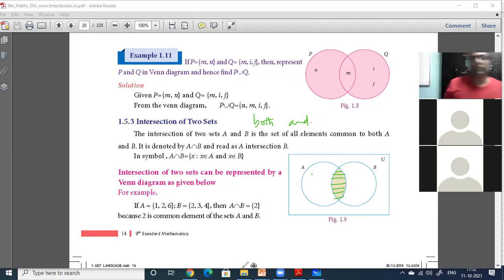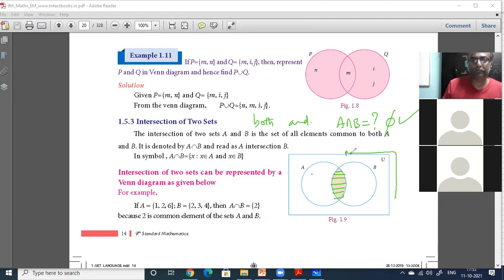Disjoint sets, can they have anything in common? In a disjoint set, A intersection B will be what? Null set, uncle. Very good. Who said that? Arpana, uncle. Okay, very good. So in disjoint sets, A intersection B will be the null set. A intersection B will not be a null set only for what kind of sets? Overlapping sets. Here, in the Venn diagram, A intersection B is given as an overlapping set.